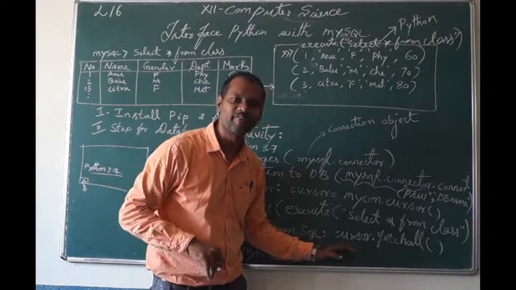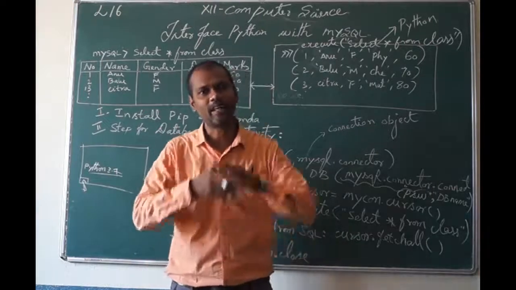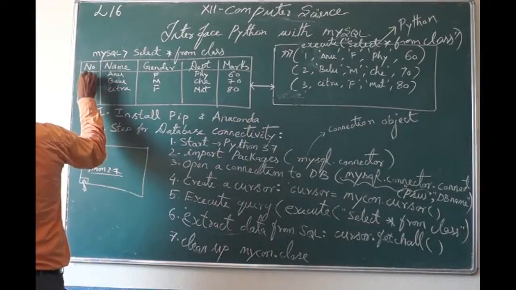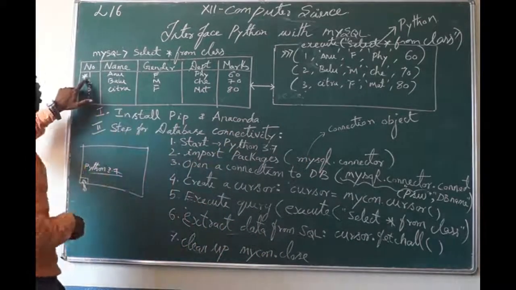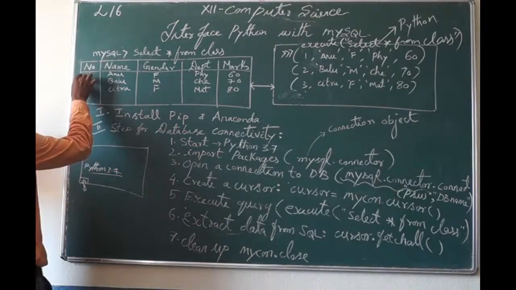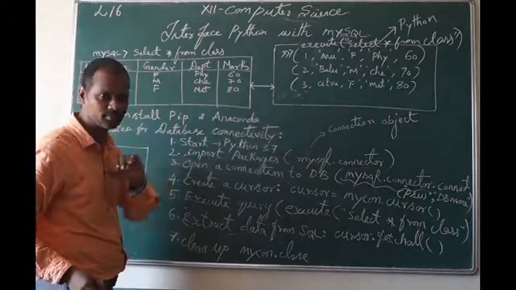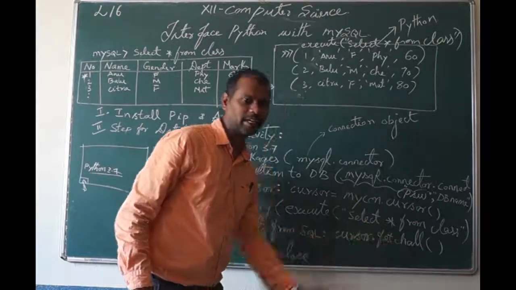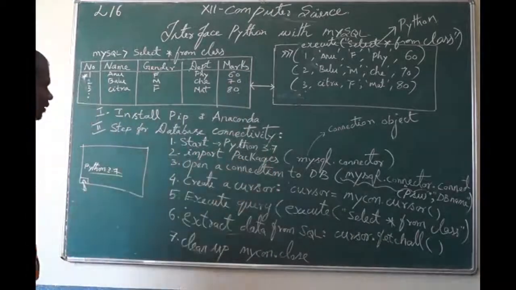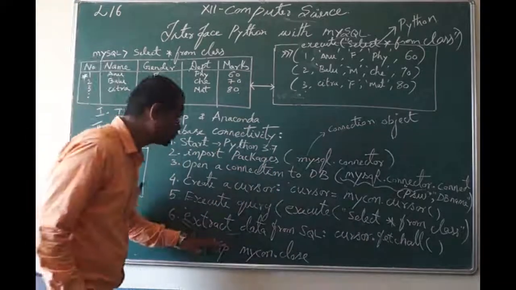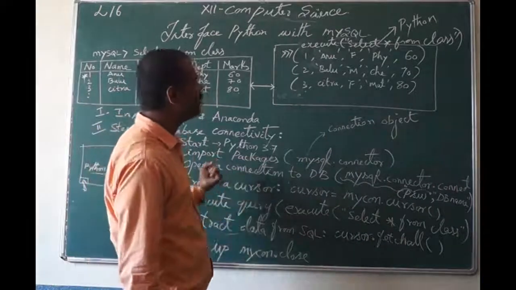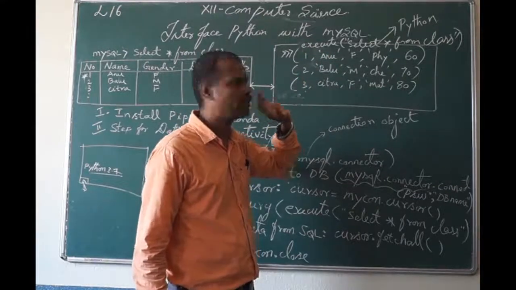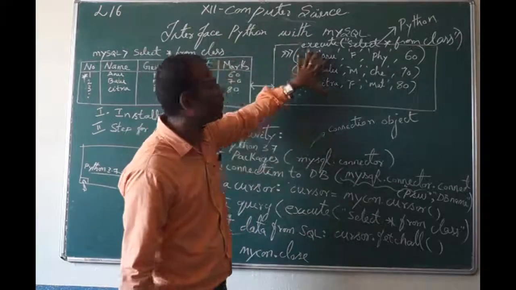That means, since we have to select all, the cursor will go to the beginning position. The cursor will go here, so that it will select from here and end here. So it will fetch everything. Using the cursor, we are fetching all the data. Then after fetching, that will be displayed in Python, like this. So this data will be present like this.